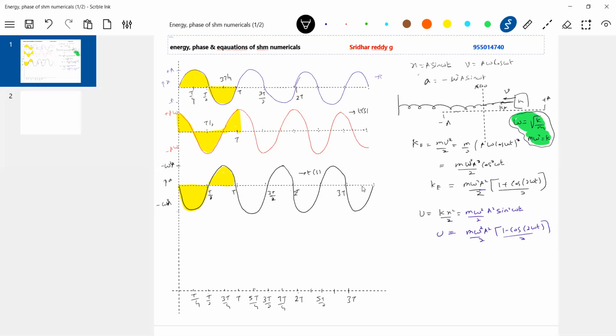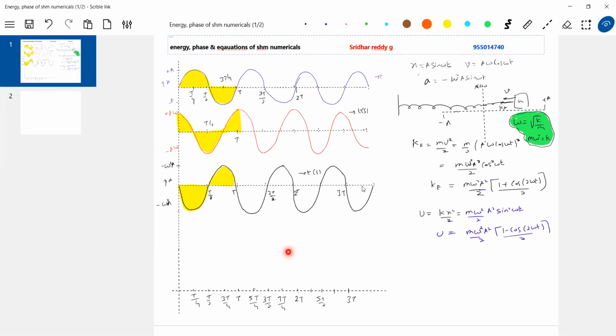First, kinetic energy, let me plot kinetic energy. I really want students to plot such graphs because it is pure mathematics, nothing to do with physics. Sine square theta graph should not have a negative half cycle. Am I right? So what you do, put t equal to 0, put t equal to T by 4, put t equal to T by 2, put t equal to 3T by 4 in this equation here. Then locate the points. Join all those points with a smooth curve. Then you get the required graph.